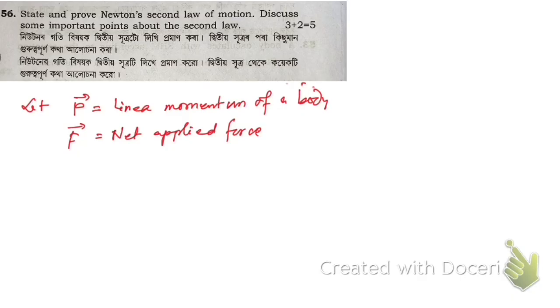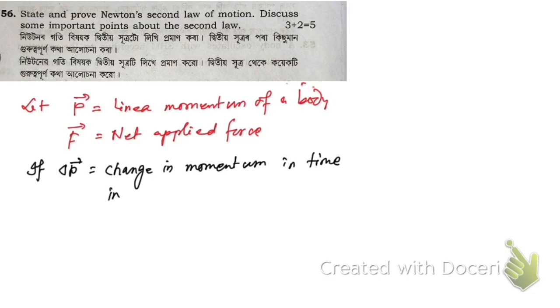Now change in momentum in the time interval dt. Here you can see, let me write like this: if del P is the change in momentum in time interval del t, then